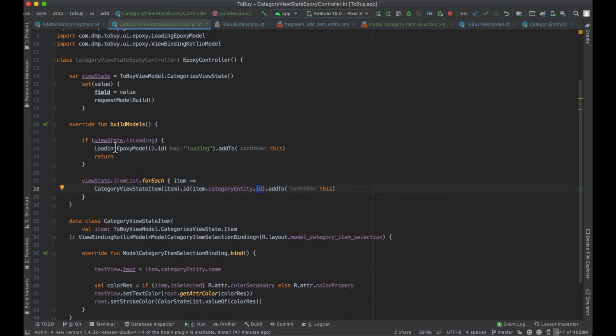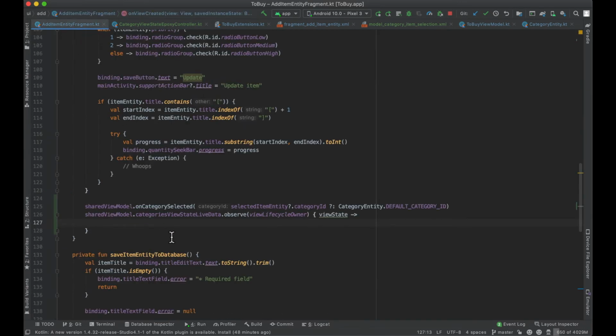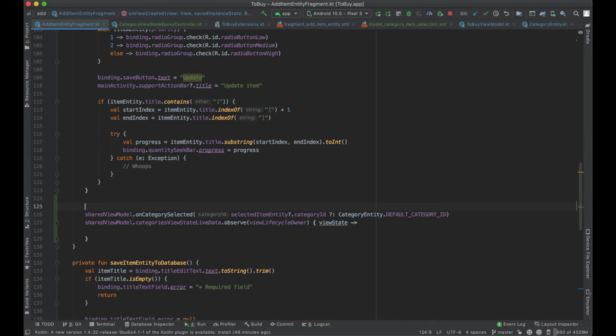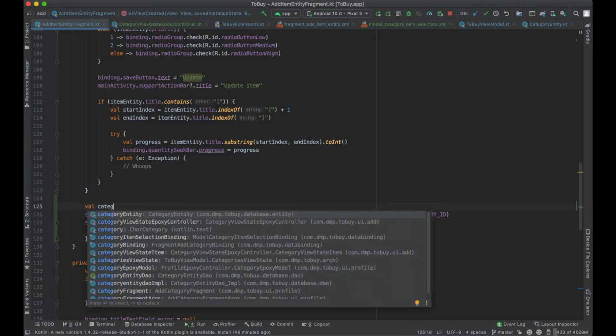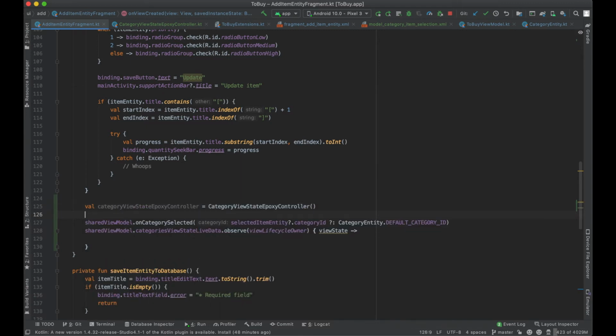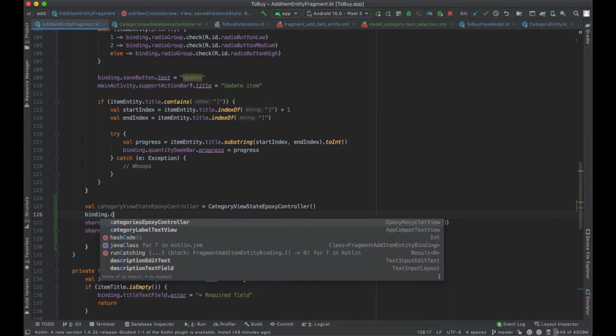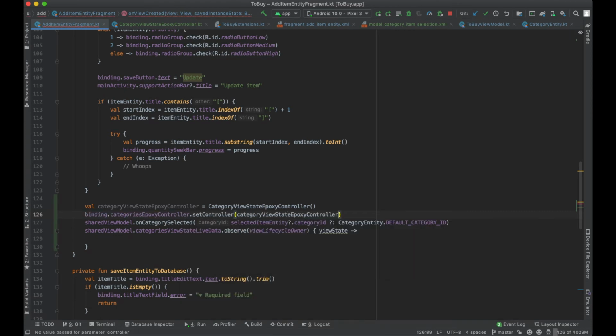And then that's it, right? So our view layer, or I guess the display of it, is pretty straightforward. And then if we just create our, let's go with, categories view state epoxy controller, so very long. Then we're going to set our categories epoxy view controller, set controller to be that controller. And then inside of here, all we're going to do is say category view state epoxy controller view state equals